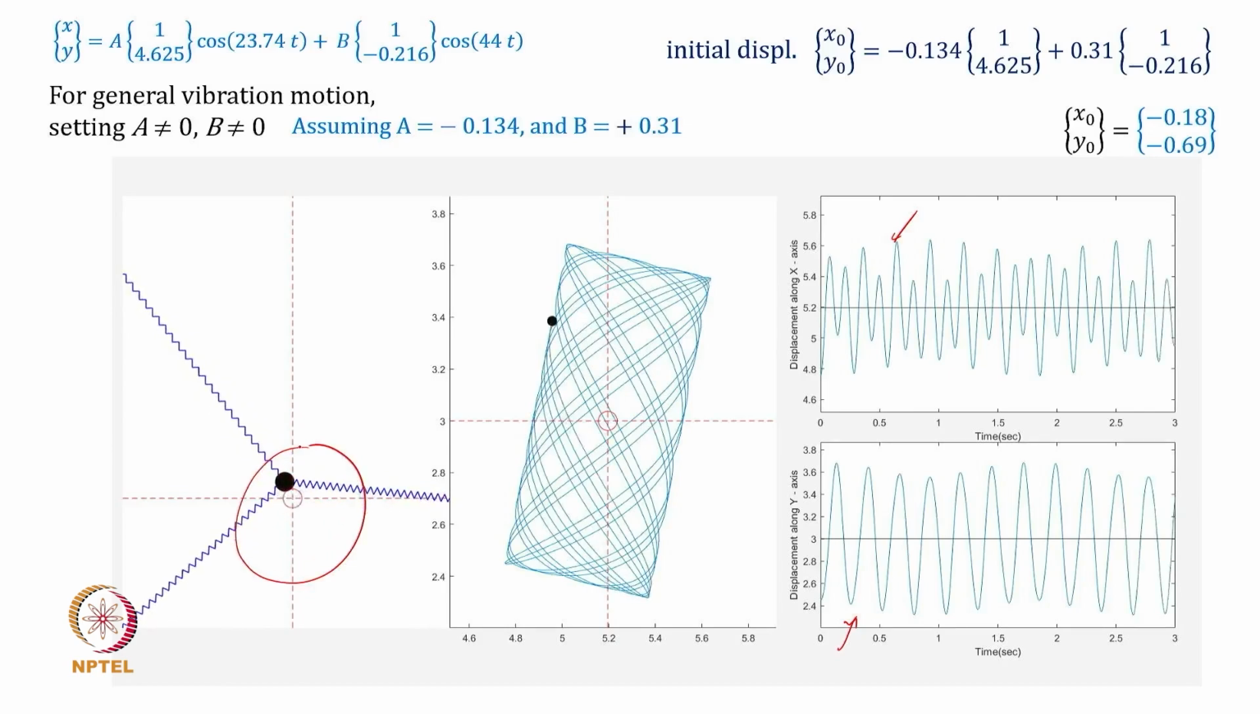Okay. This motion is not harmonic at all. It is periodic, but that period will be based on these numbers. So, the LCM of this 23.74 and 44. So, it will repeat after a reasonably long period of time, which is going to be some integer multiple of the fundamental period of the first mode and second mode. It will repeat after certain period of time,